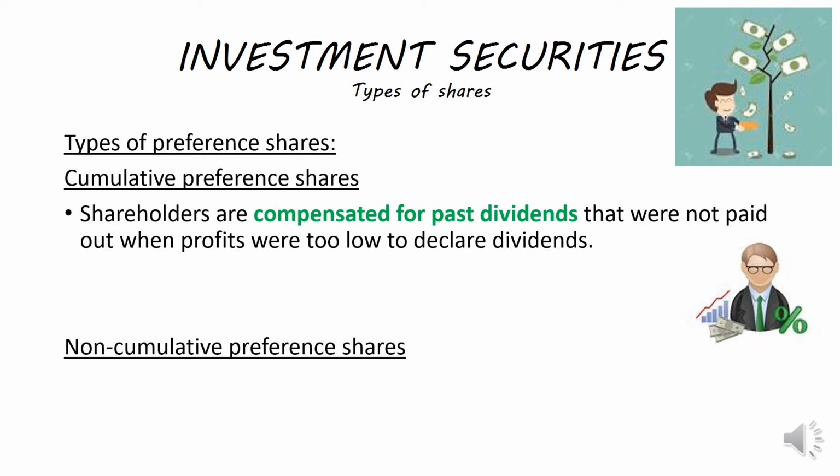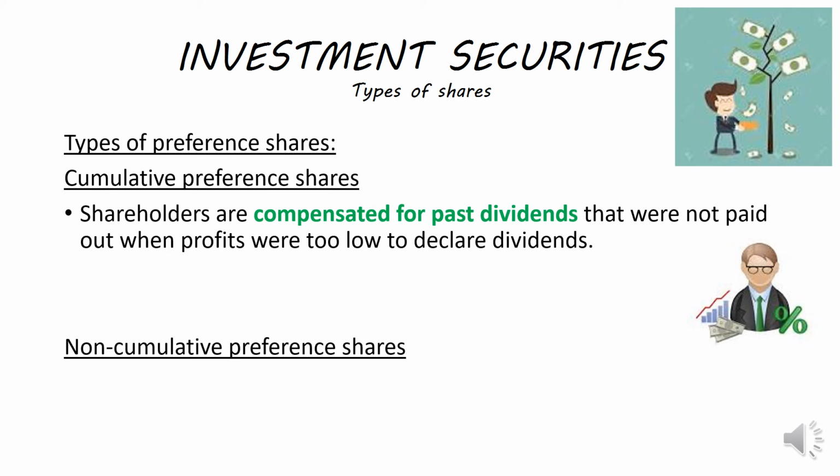So if you have cumulative preference shares and in year 1, year 2, year 3, year 4, the company does not make enough profits and a dividend is not declared, you would not have received dividends for 4 years. Then in year 5, the company makes a huge profit. As a cumulative preference shareholder, your dividends accumulate over the years. So all of those dividends they did not pay you in years 1, 2, 3 and 4, they will pay out in year 5 when, for example, they now make a profit.